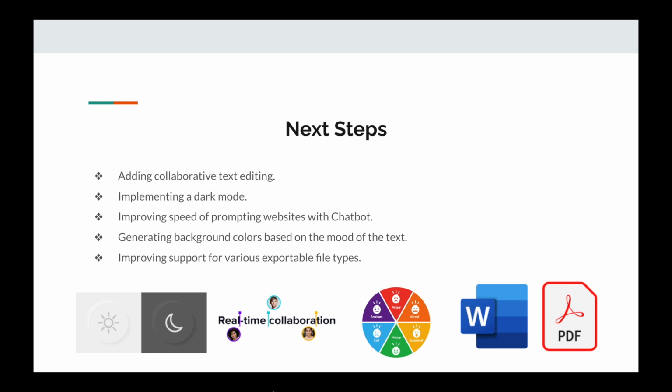Third, we plan to improve the speed of prompting websites with our chatbot feature. This will enable users to quickly generate content from websites without having to navigate through multiple pages or menus. Fourth, we will be generating background colors based on the mood of the text. This innovative feature will help users to quickly identify the mood of their content and customize the look and feel